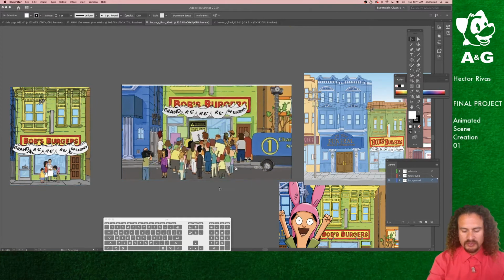And here's a crew of people going in or picketing. It looks like they're picketing his restaurant. Okay, so that's